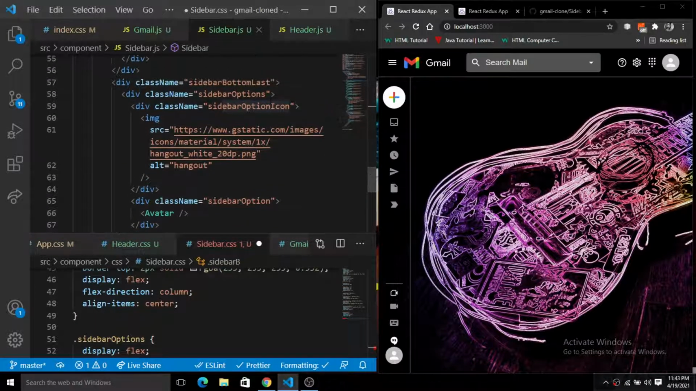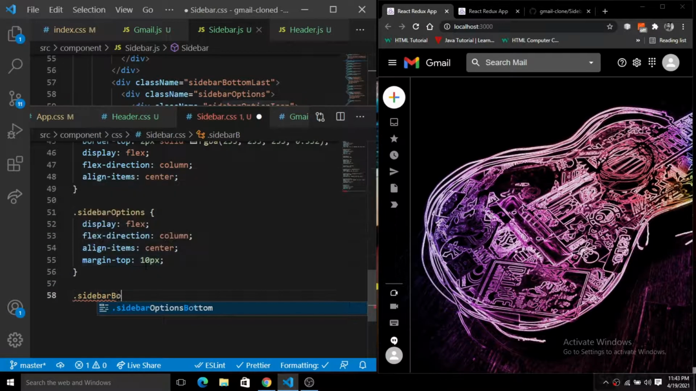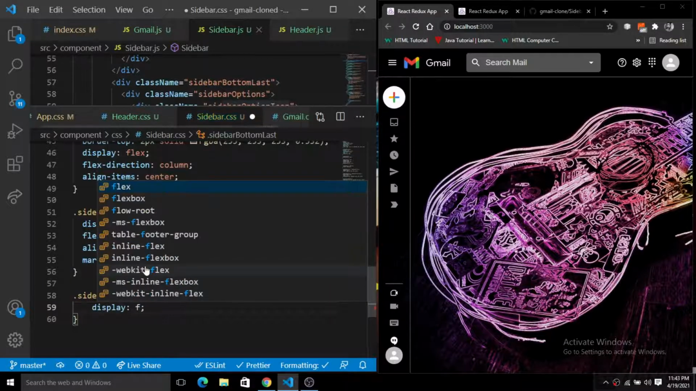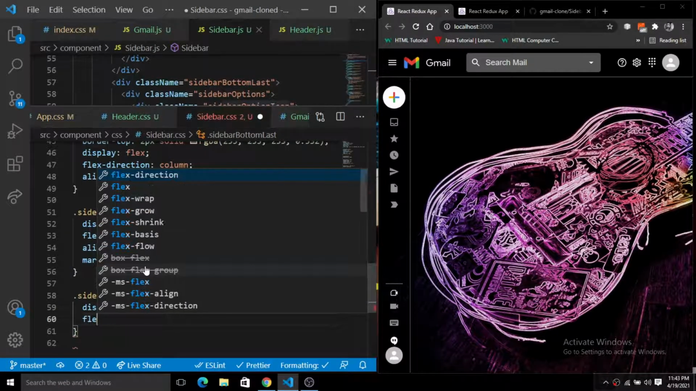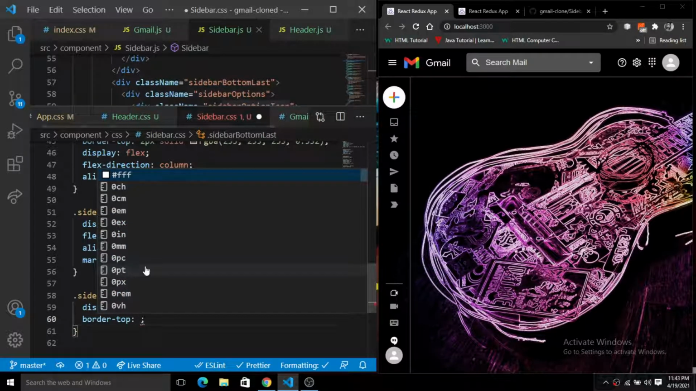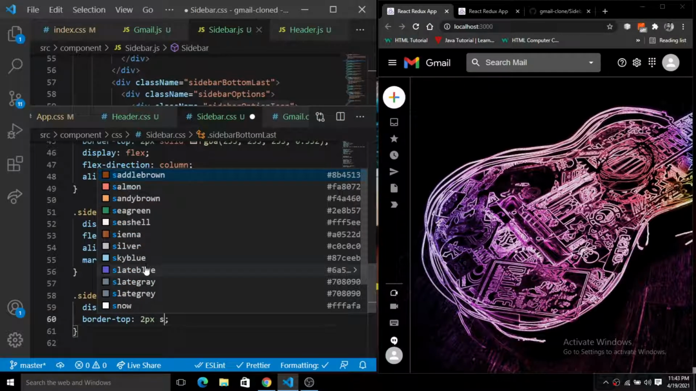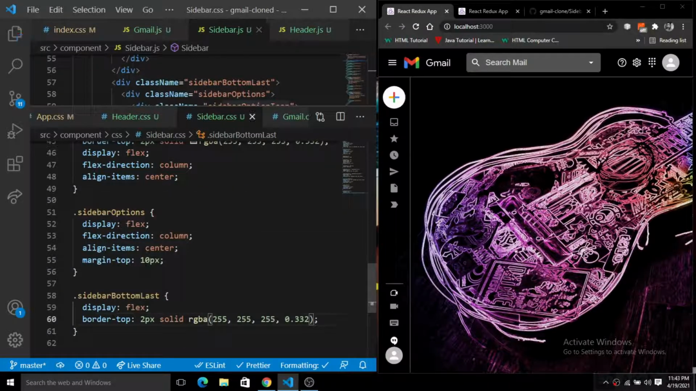Okay, so we have this sidebar bottom last first of all. So let me style that. For sidebar bottom last, we will simply give the display of flex and the flex direction column. Then I will just give the border top first of all. So simply give the border top of 2 pixels solid RGBA, the same as here. Now save this. So we have given this border top, and now the only thing that is left is the